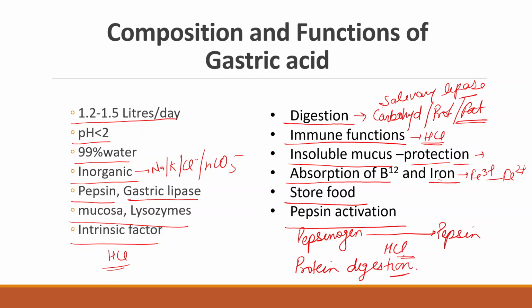So that is all about the stomach, some minute detail of structural aspects of the stomach, gastric acid, the mechanism of gastric acid, and composition and function of gastric acid. In the next video, we'll talk about the regulatory part of gastric acid secretion, how basically the neural, the hormonal, and the paracrine regulation helps us to increase or decrease the HCl secretion based on various conditions.